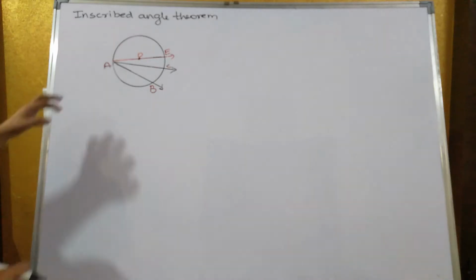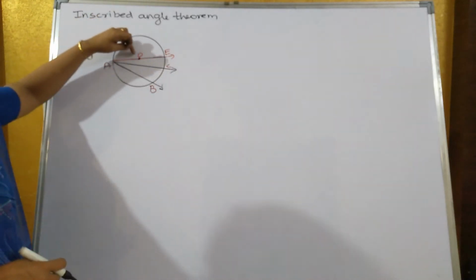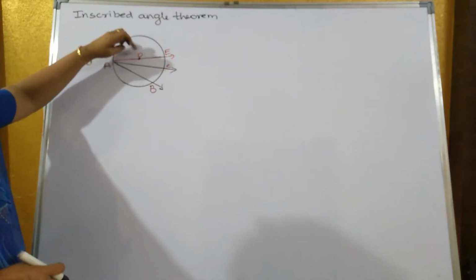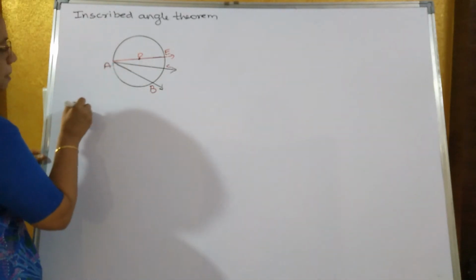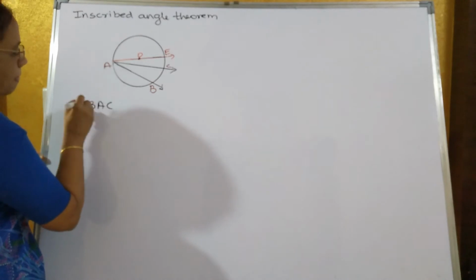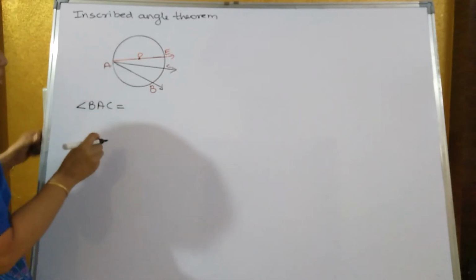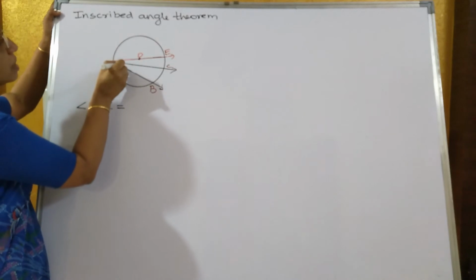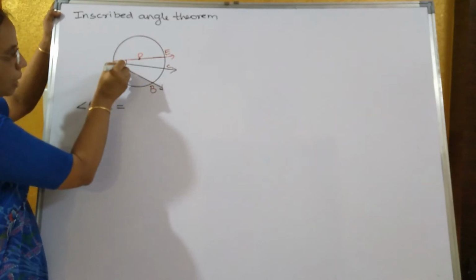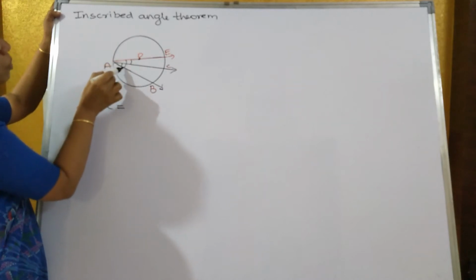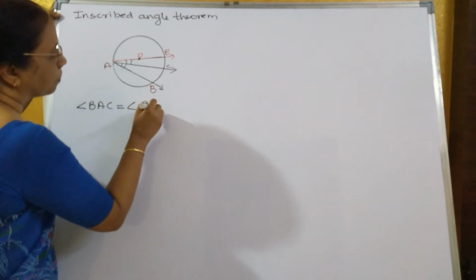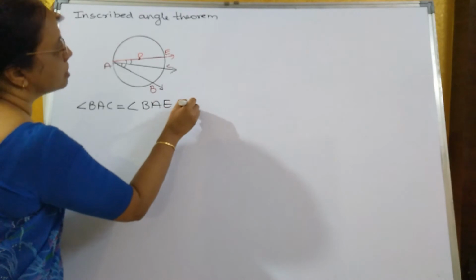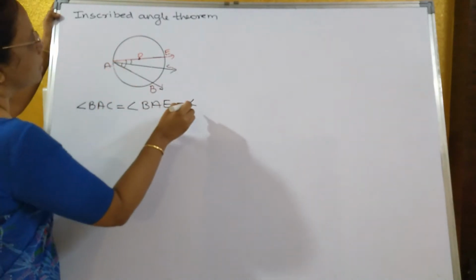Now this is the third case. In the third case, the center of the circle is in the exterior of the inscribed angle BAC. So here angle BAC is equal to what? How is this angle BAC made? When you take the full angle minus this angle. तो ये पूरा एंगल को ये छोटे एंगल से माइनस करेगा तो ये मिलेगा. So angle BAE, that is a bigger angle, minus angle, the smaller one, that is CAE.